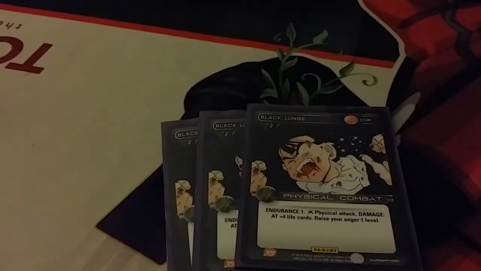And our last physical combat is Black Lunge, Endurance 1, really good. AT plus 4 life cards can be pretty relevant later on in the game, and it raises your anger 1. So,